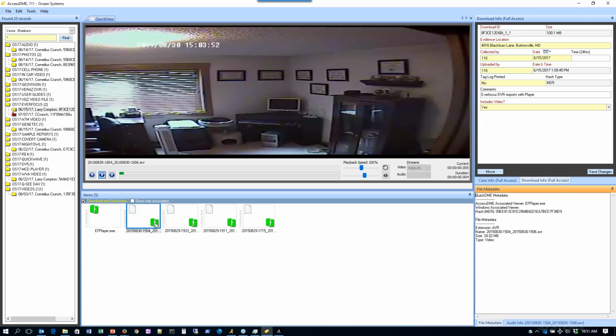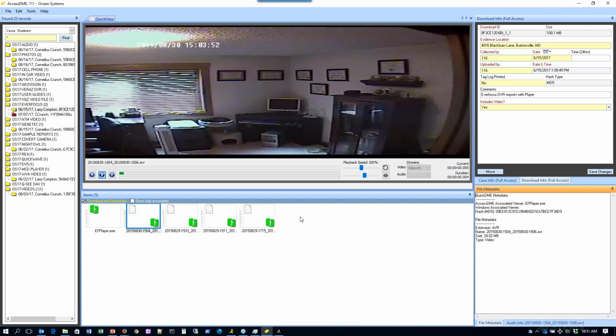Right, and that isn't a shortcoming. Just to further explain that, the way that QuickView is displaying this in the QuickView player isn't a shortcoming of the QuickView player. This is a proprietary container, a proprietary file type, .avr from EverFocus. And as with most digital CCTV systems, each channel can be set up to be stored at different sizes, different frame rates, and things of that nature. This particular system, the AVR file actually contains multiple channels, and one of those channels, this particular channel, is stored